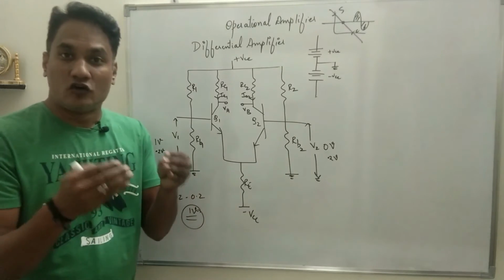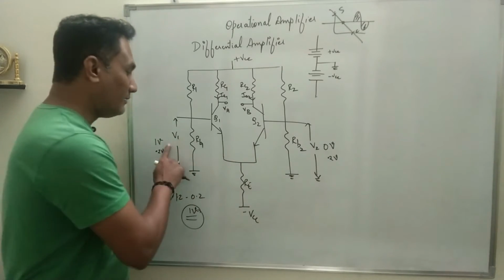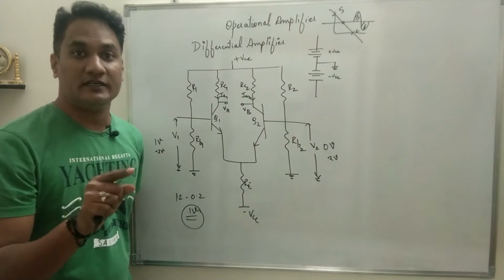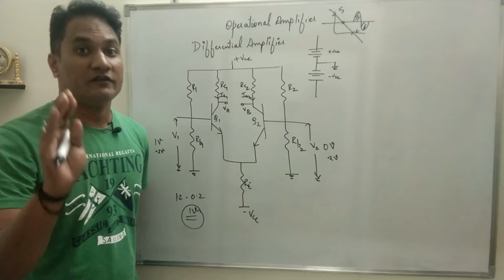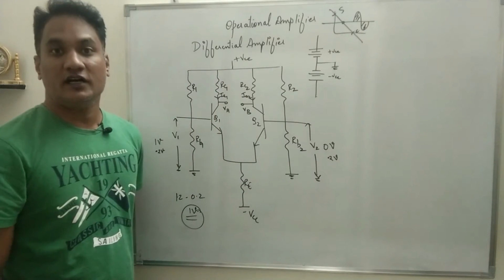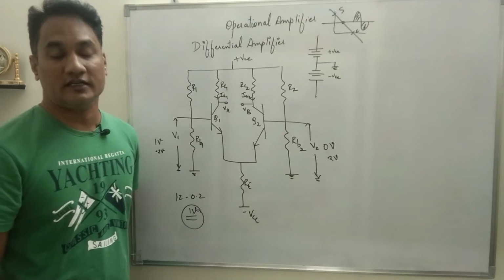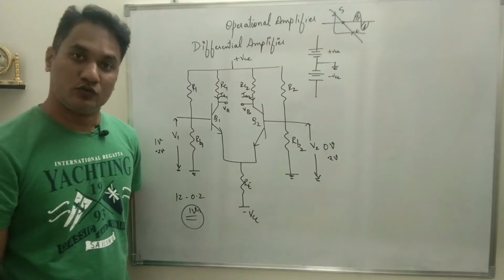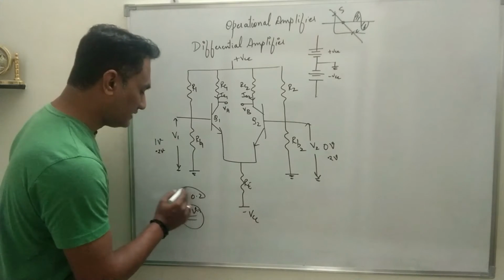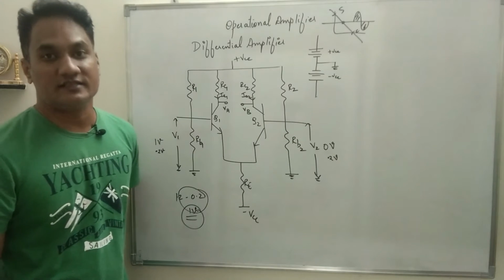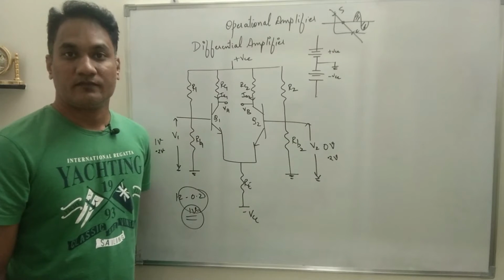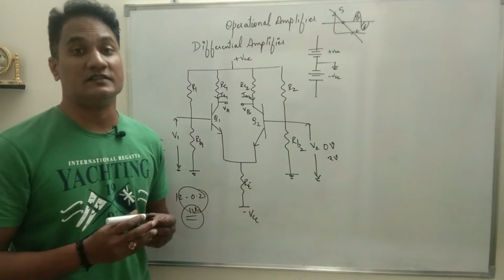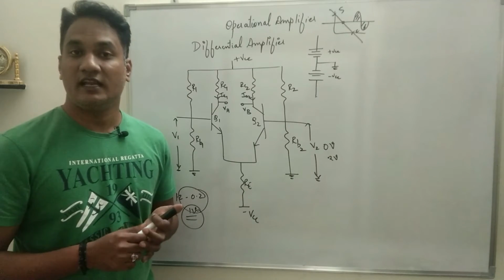So any kind of noise or disturbance which comes will come as a common signal, and the differential amplifier has the ability to reject the common signal and amplify only the difference of the two signals, and that is how it got its name as differential amplifier. Okay, it will amplify the difference between the two input signals. So by default, what will happen? The common signal, that is noise, will always be rejected at the input. I hope you have understood. So both the disadvantages of direct coupled amplifier are removed by using the differential amplifier.